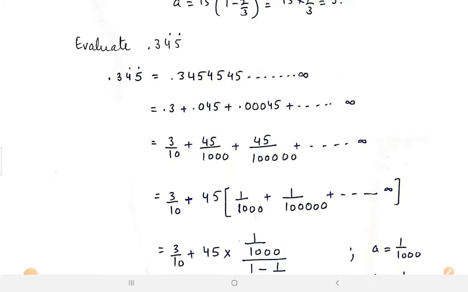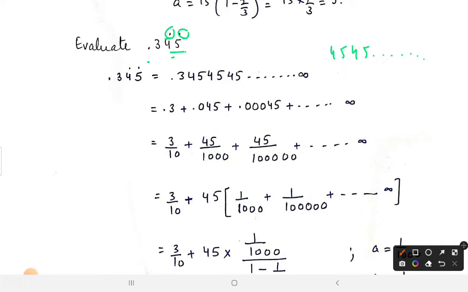Next is evaluate 0.3 4 bar 5 bar. This is called bar, or you can say dot also. What does this mean? This means 45 repeatedly up to infinity. The dots over the digits mean that you have to repeat that term. So we can write this as 0.34 dot 5 dot can be written as 0.3 as it is, 4 5 4 5 4 5 up to infinity. So also this can be written as 0.3 plus